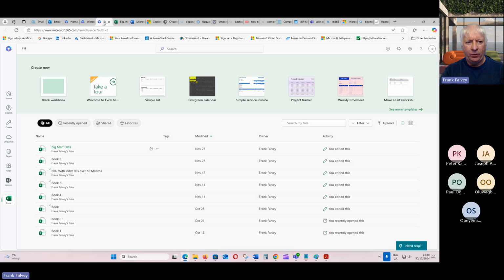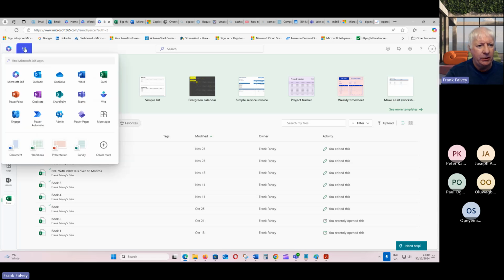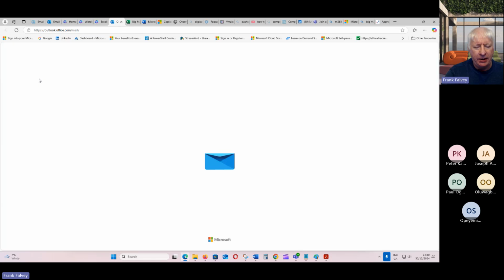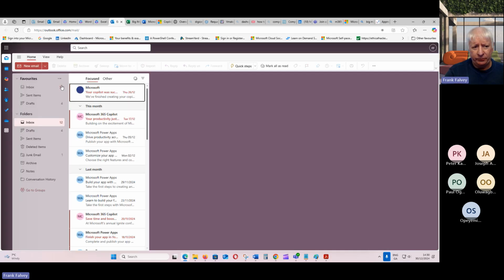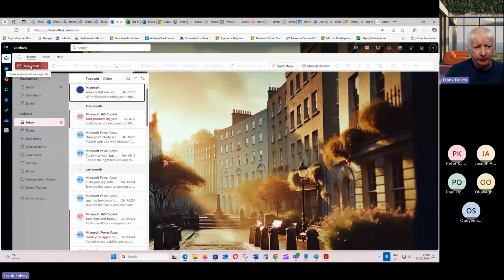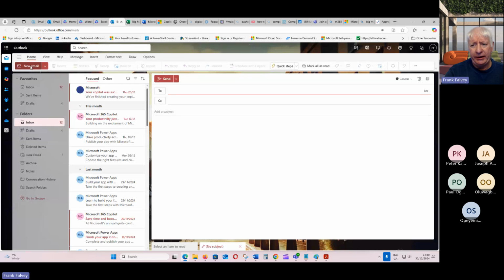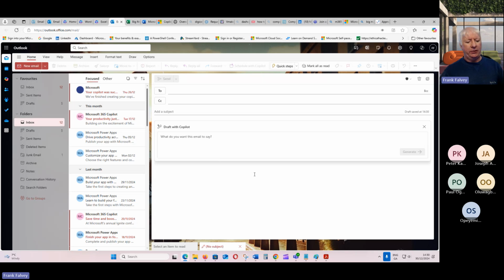Okay, so the other one there, maybe we'll just see Outlook. So you can use it to generate emails, right? So I'm inside Outlook here now, and I'm just going to click on draft with Copilot here, and we just say,